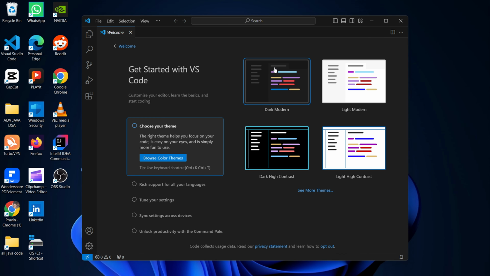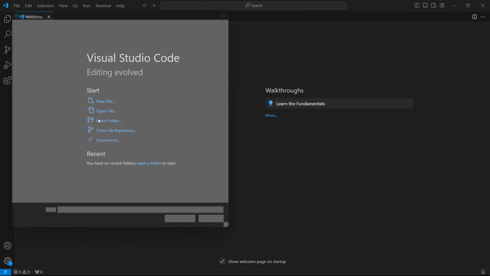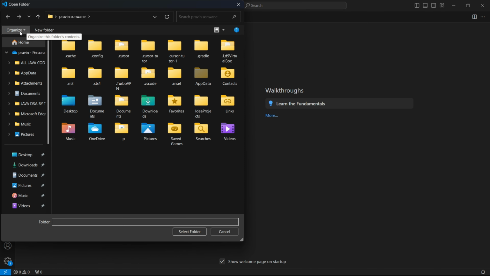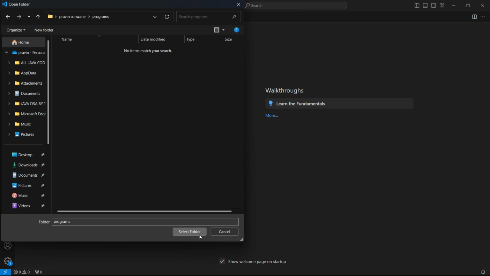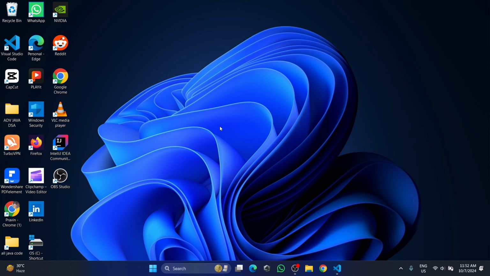this window will open up VS Code. So mark it as all done. No need to do anything in it. Just click on open folder and create here a new folder, program folder, and select folder and okay. We haven't even set up JDK, so